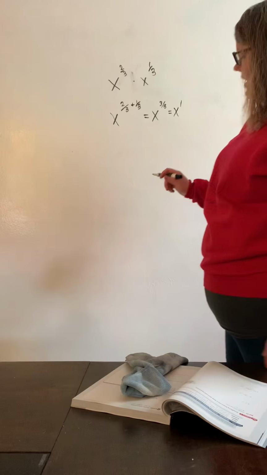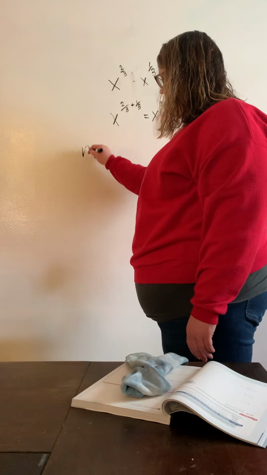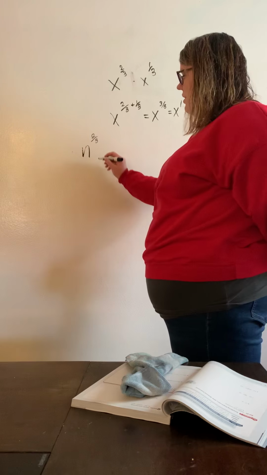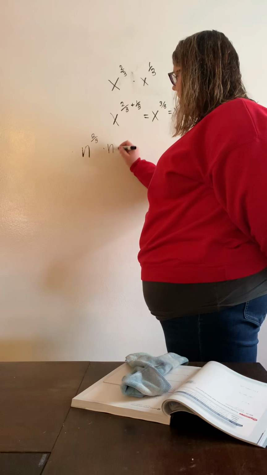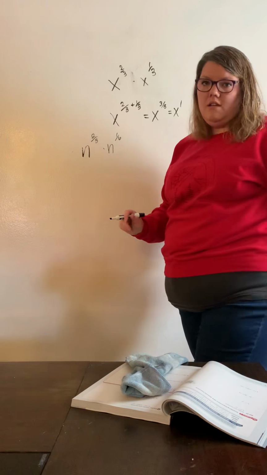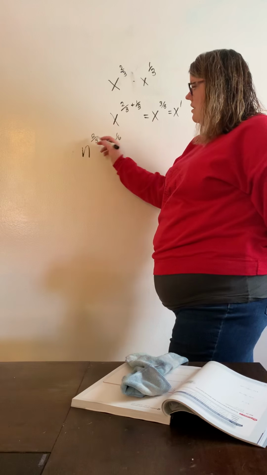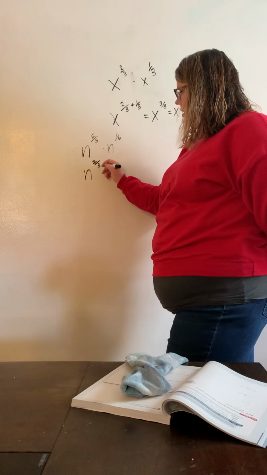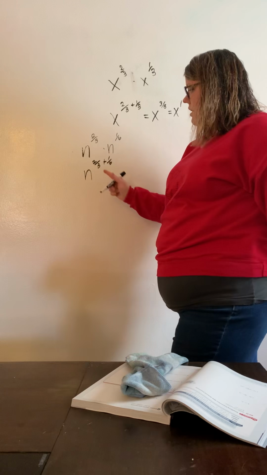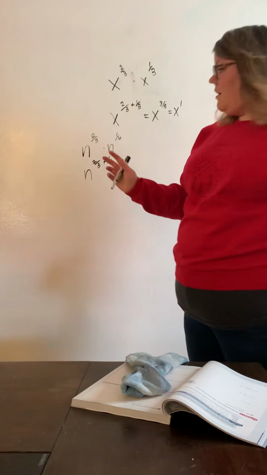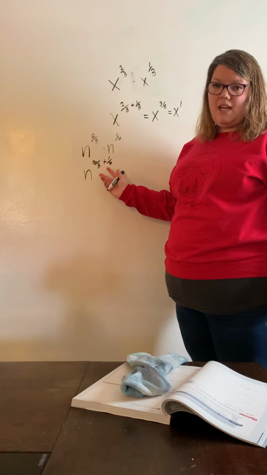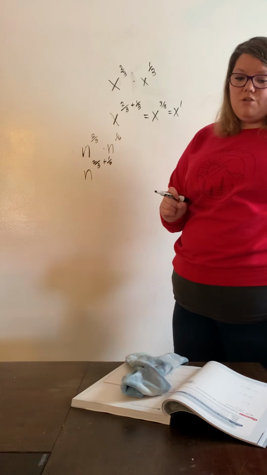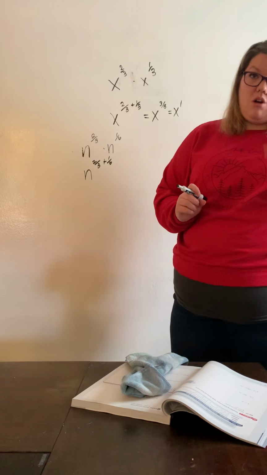But what happens if I have fractions that don't have the same denominator? So maybe n to the 2/3 times n to the 1/6. Same base, both have exponents. We need to add our exponents, 2/3 plus 1/6. But when we have fractions that don't have the same denominator, 3 and 6, we're going to have to use our lowest common denominator